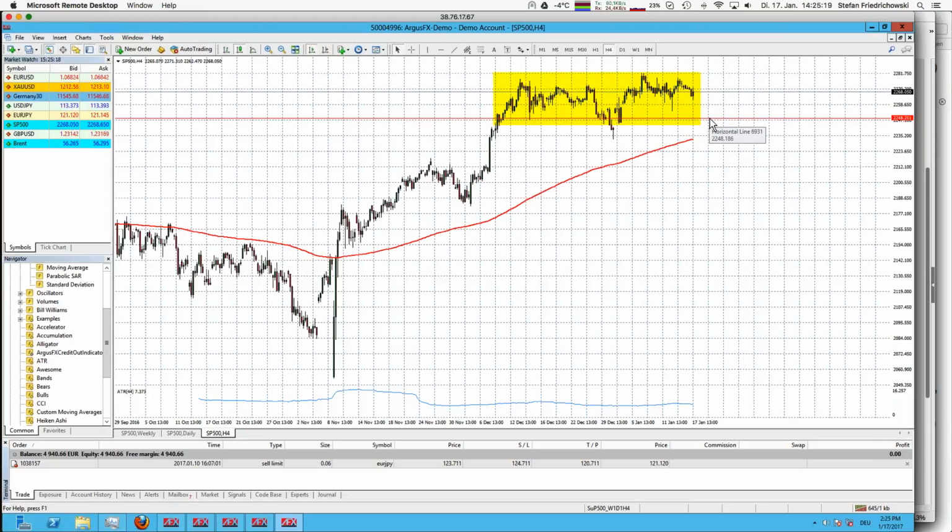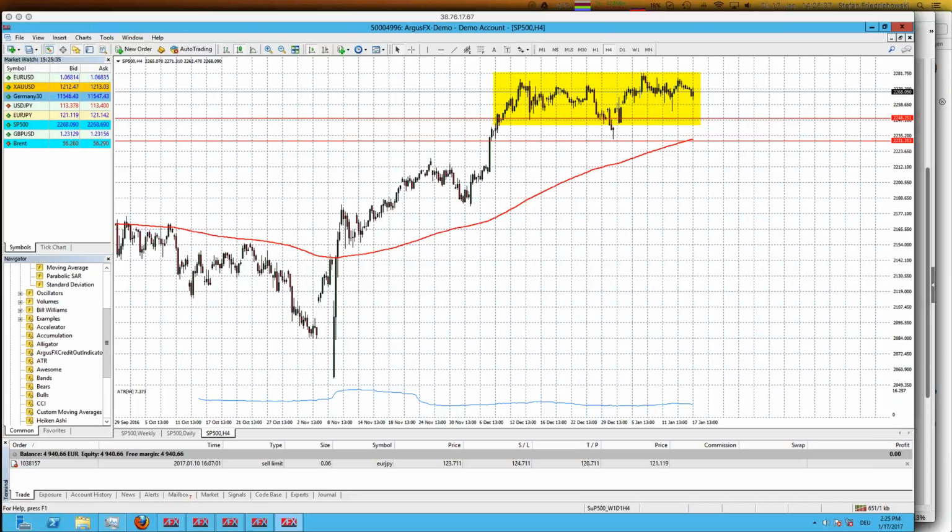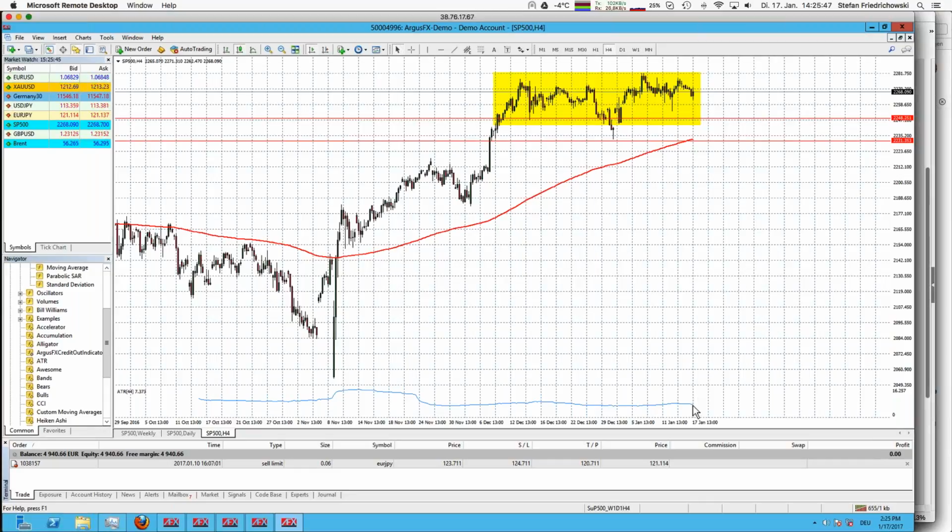And now the next question is, hey, how to set the stop loss? In this case, maybe one possibility would be the latest low. So that would be somewhere here. But let's compare this result to the ATR consideration. Right now we have an ATR value of, let me look for the value, so it's about 7.5. So that's the ATR value.